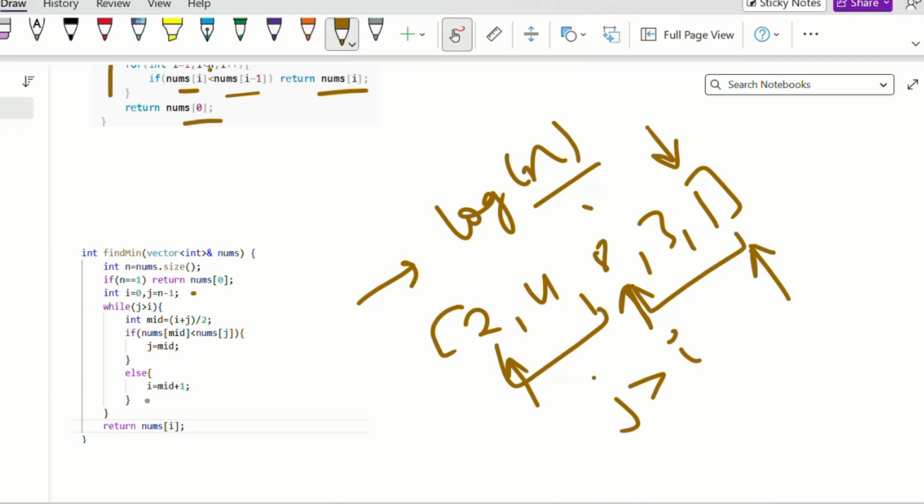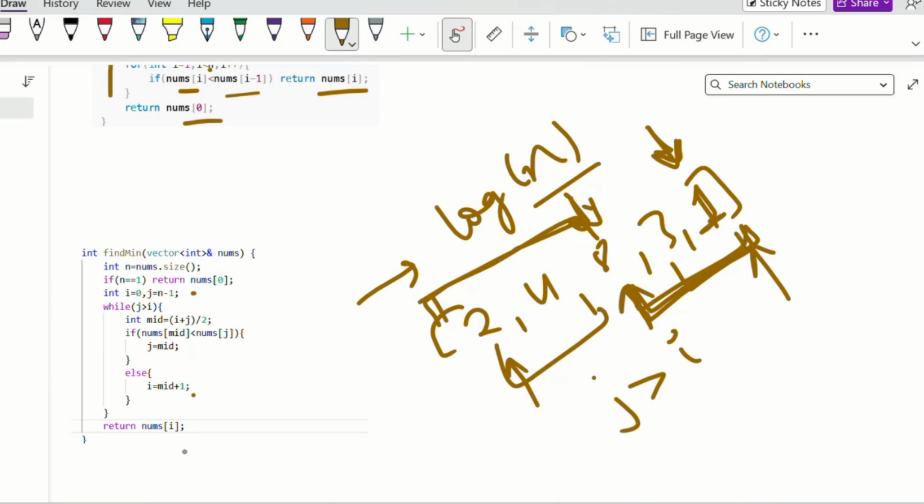And if the opposite happens, that is, the last element is not greater than our mid element, that means our minimum lies from mid plus 1 till the highest pointer j. So we will do else i equals mid plus 1 if our last element value is not greater than the mid value. If it is greater, then our answer will lie between i and mid.